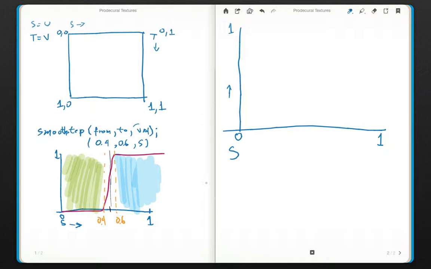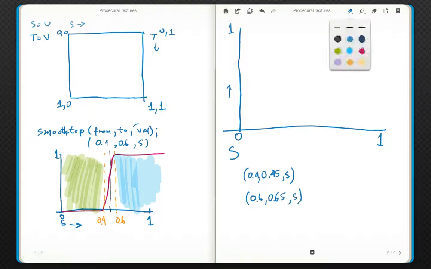So if we do two smooth steps, one of them going from 0.4 to 0.45 on S, and we have another one that goes from 0.6 to 0.65 on S,